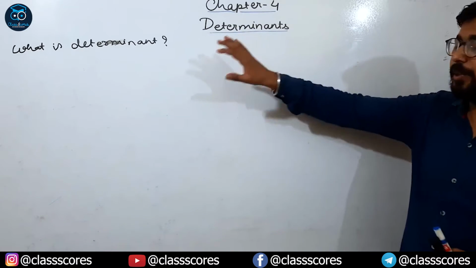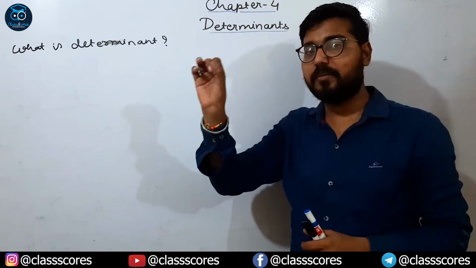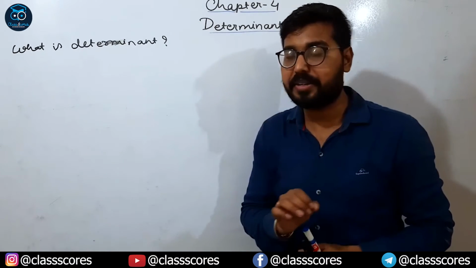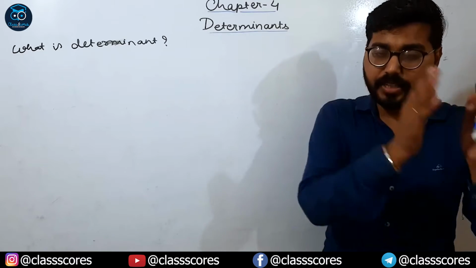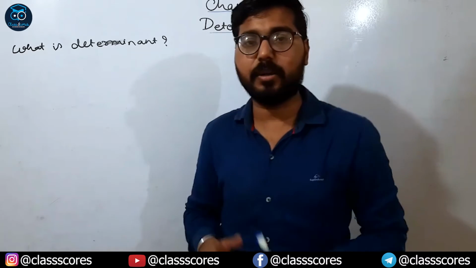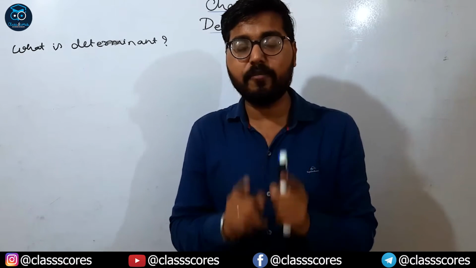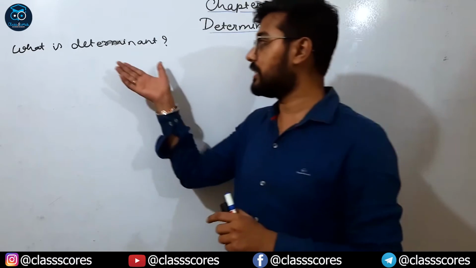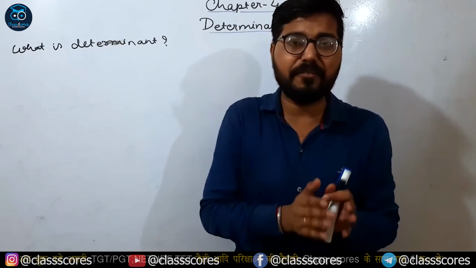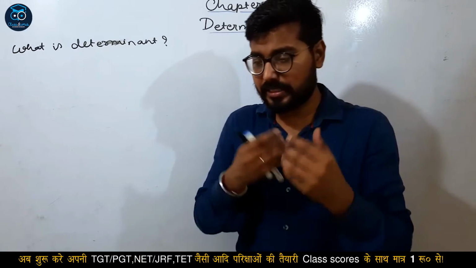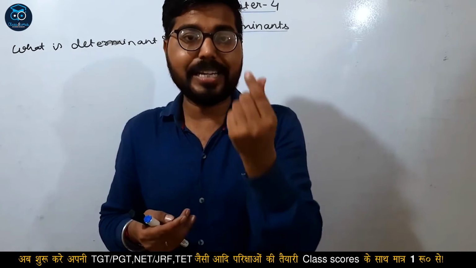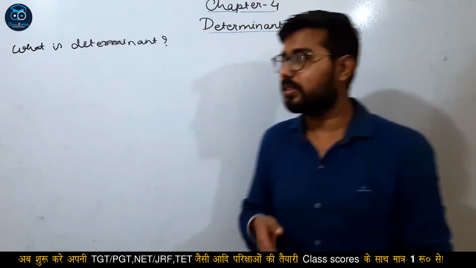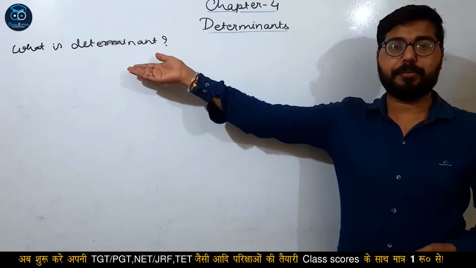It means determinant is only applicable on a square matrix, neither for a rectangular matrix nor any other matrix. It is only valid for the square matrix. Clear? So we can say determinant is just a simplification, or the simplest value for any matrix will be given by this determinant.